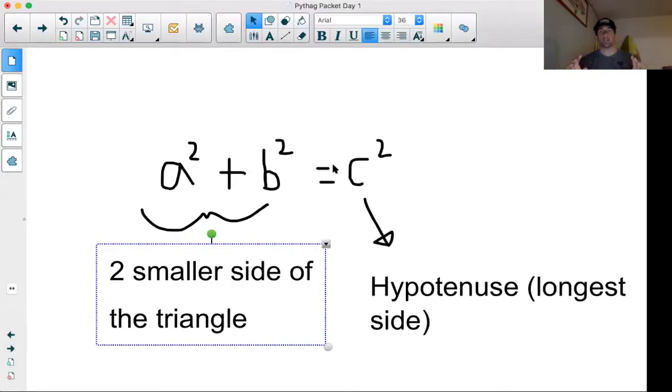Now, guys, let me just explain this to you again. The sum of the squares of the two smaller sides will equal the square of the biggest side. Now, think squares here, guys. And I'm going to show you something which I think will really help you understand. If I add the squares of the two smaller sides together, it should equal the square of the bigger. It should always be the same when dealing with a right triangle.